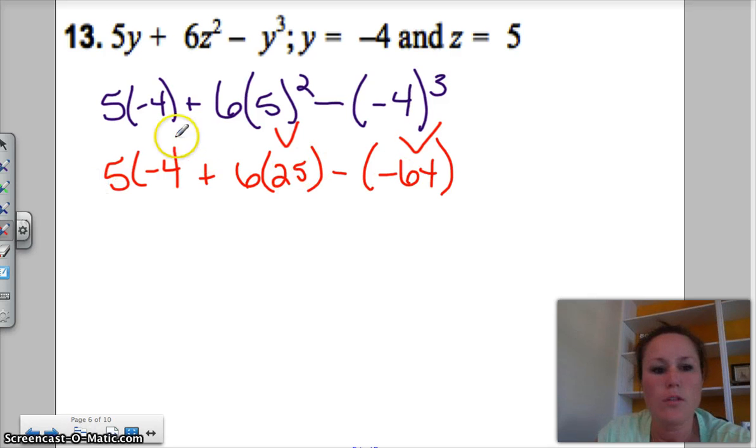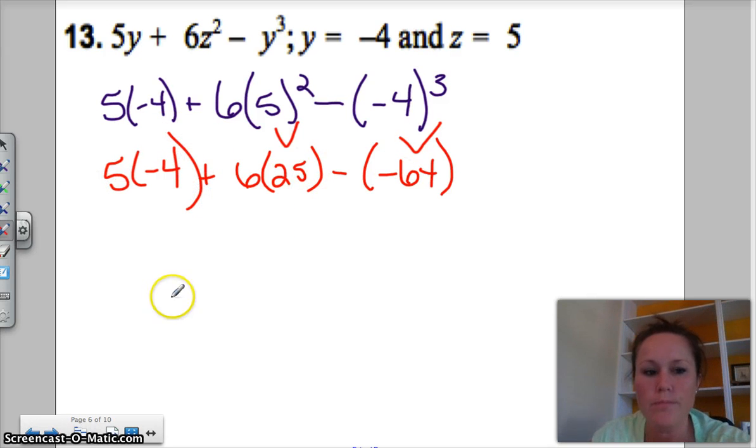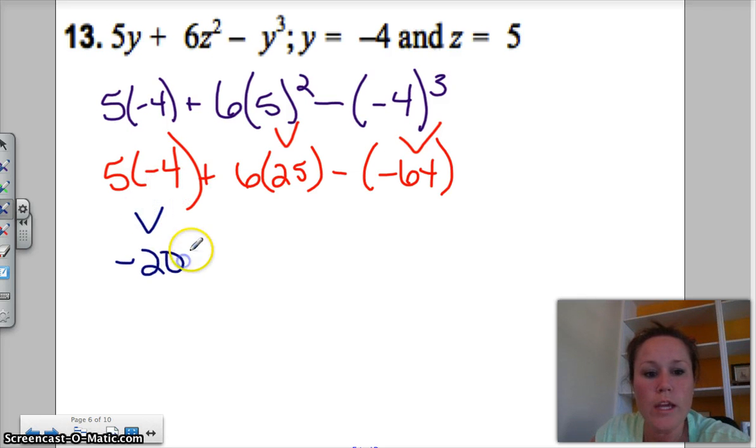Now I've just got addition, subtraction, and multiplication. Multiplication comes first, so let's get it done. Here we're going to have 5 times negative 4 is negative 20 plus, let's do this multiplication here because it